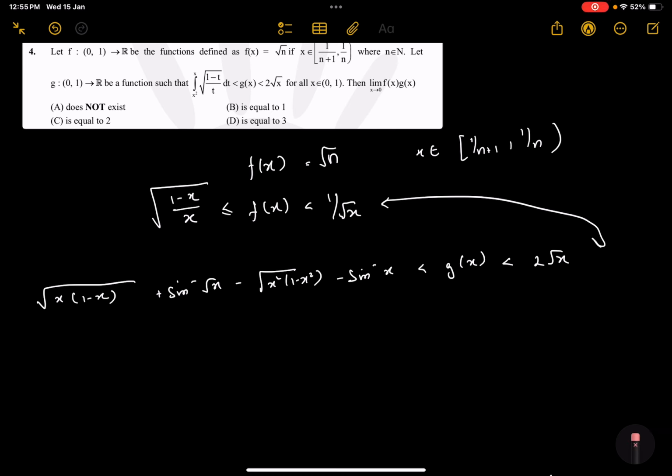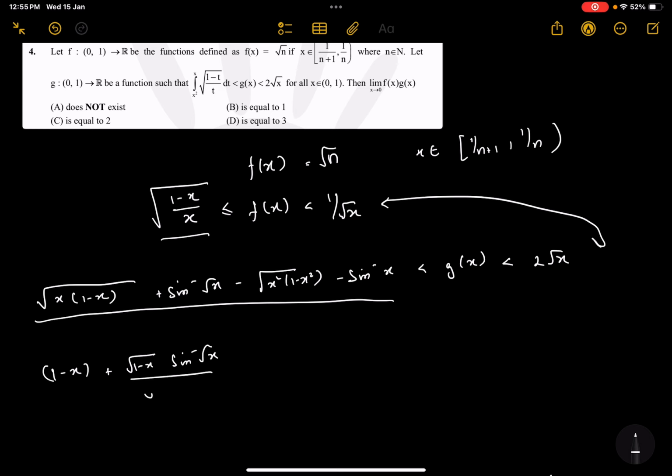We get this multiplied by this becomes 1 minus x plus root 1 minus x sine inverse root x